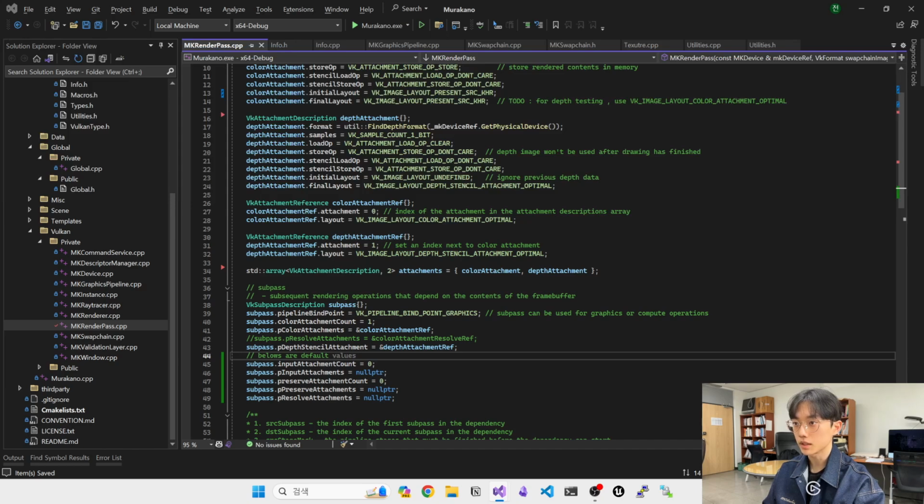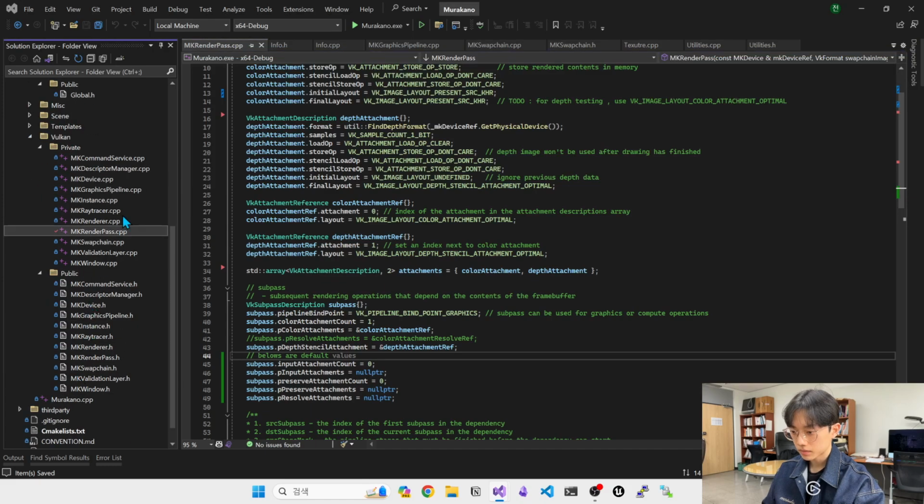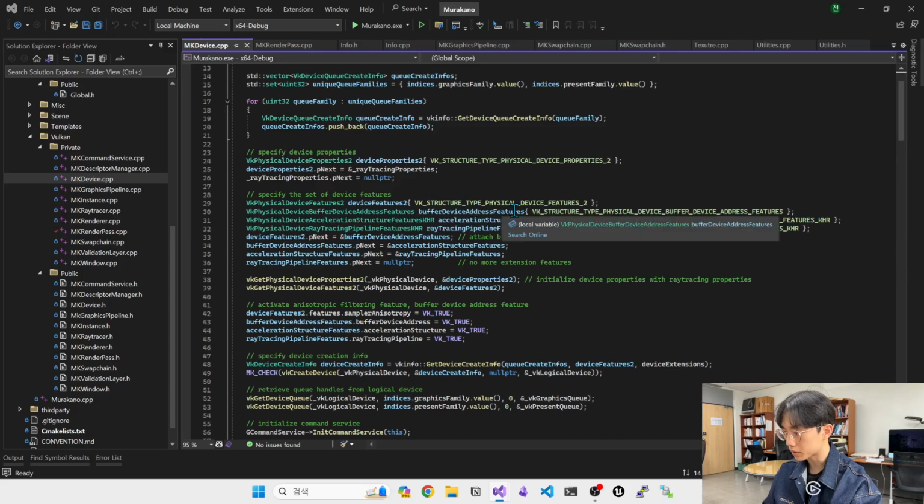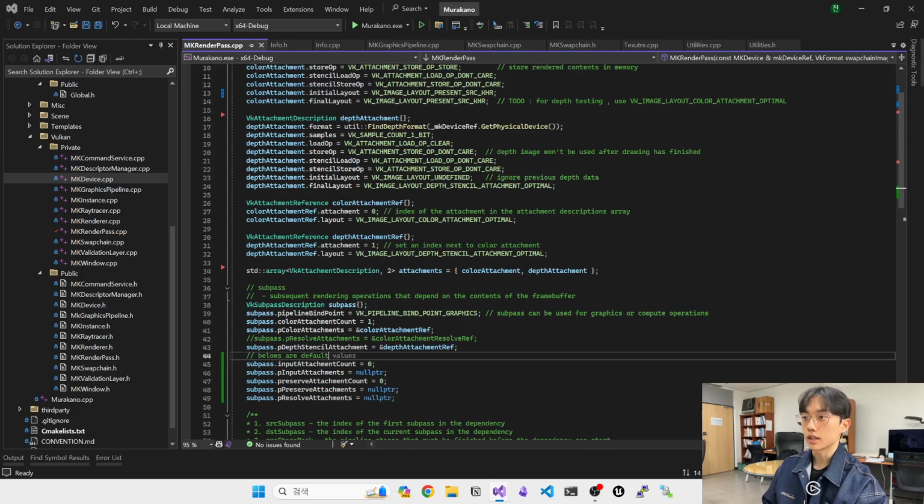I already said that, and I already created the acceleration structure features and ray tracing pipeline device features. By the way, let's check inside. The device features too, and the buffer device address features and acceleration structure and ray tracing pipeline features are enabled. So it's okay. And next,